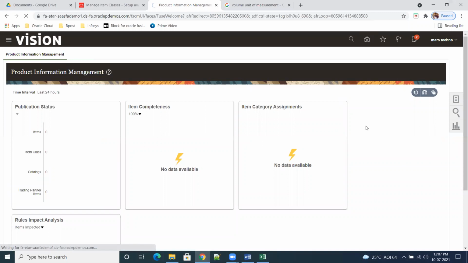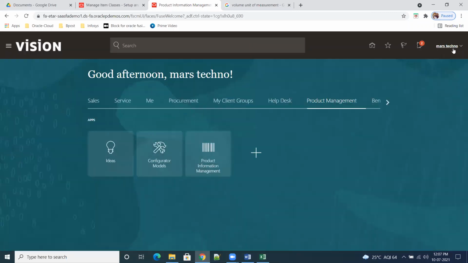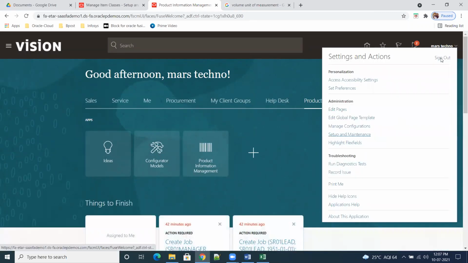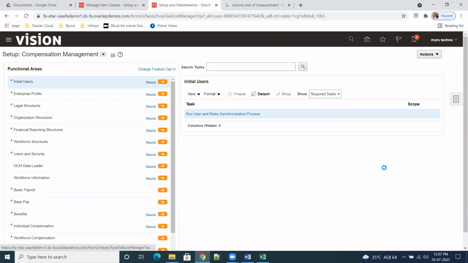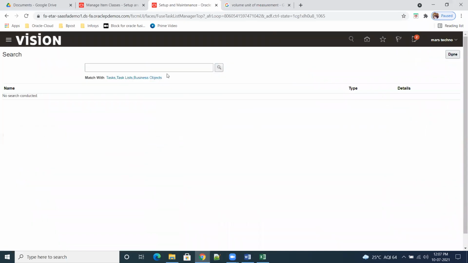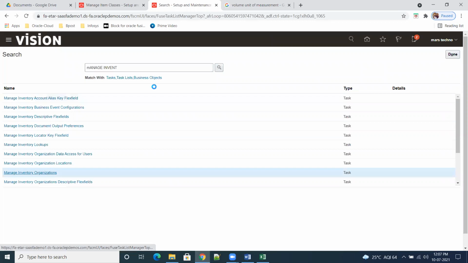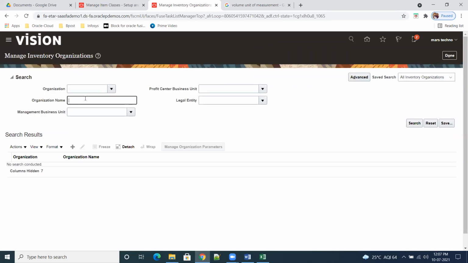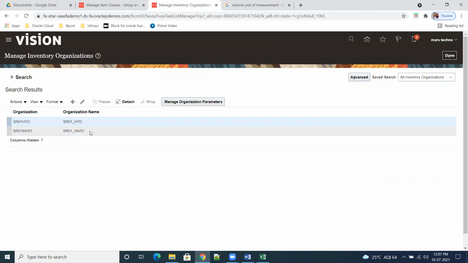Go to home. Setup. Inventory. SR01. Okay.